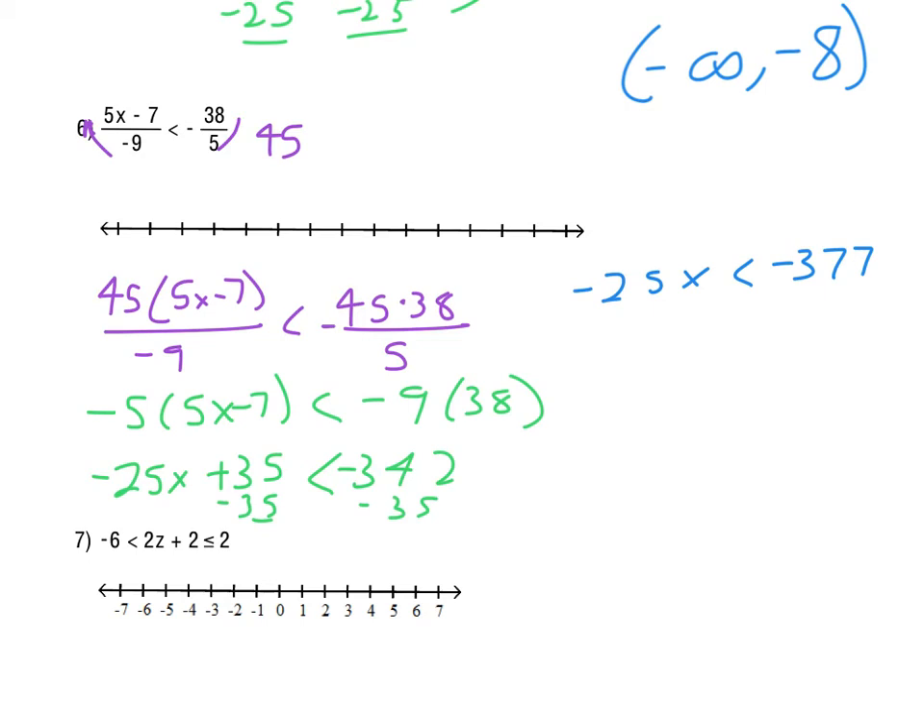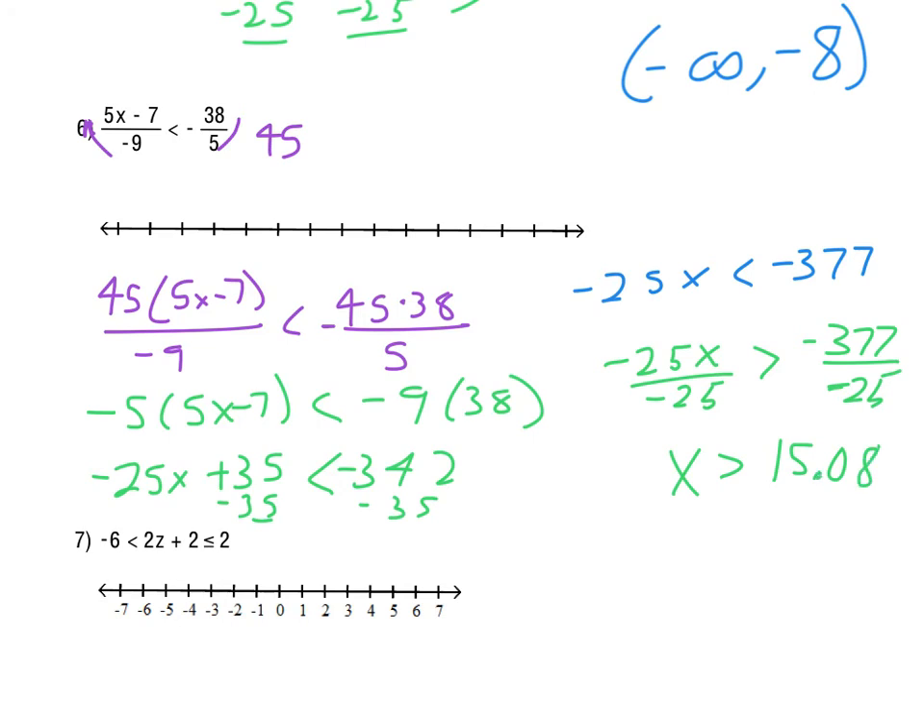So last thing I'll do is divide both sides by the negative 25. Now when I do that, what I'm trying to get at here is that we have to remember to flip that inequality. If you don't remember to do that, then it doesn't work out so well. That division actually works out surprisingly well. So x is greater than